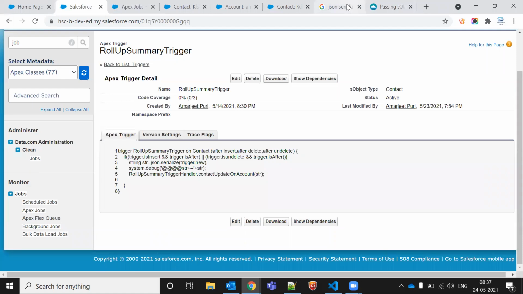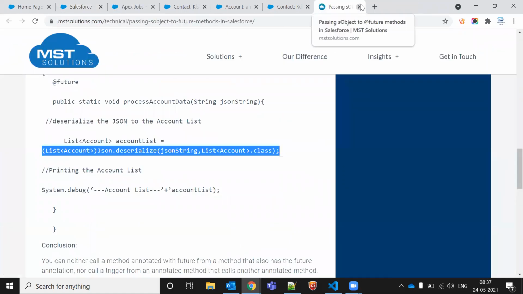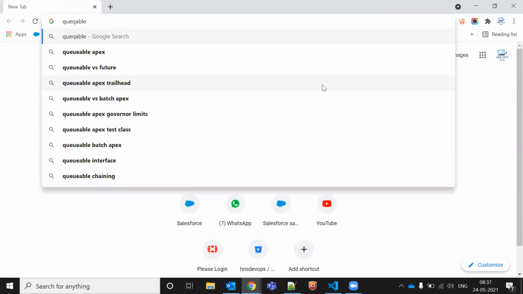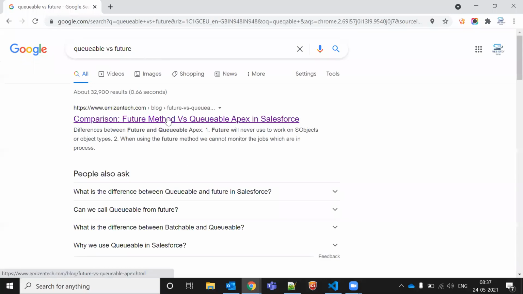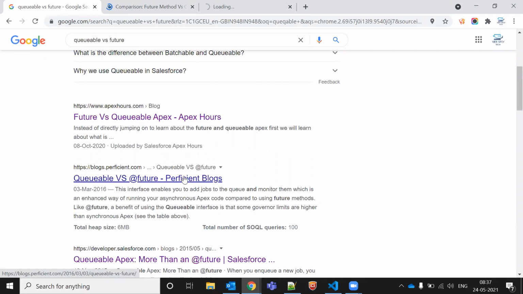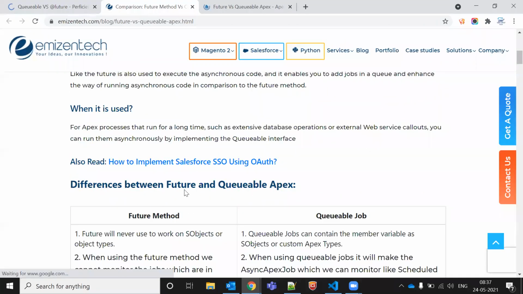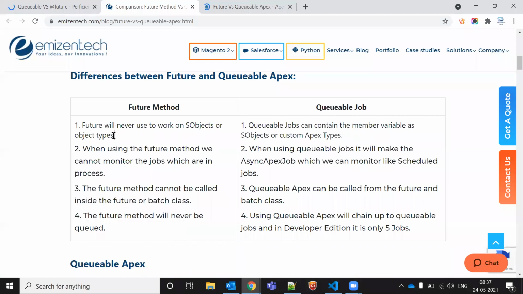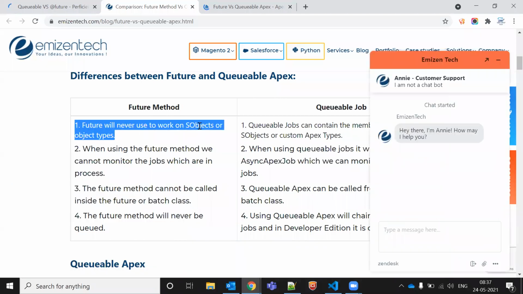It's very simple, so let me just show you there. You will also get to know the difference between that and the future method. A future method can never work on sObjects, meaning we cannot use non-primitive data like sObjects as a parameter.